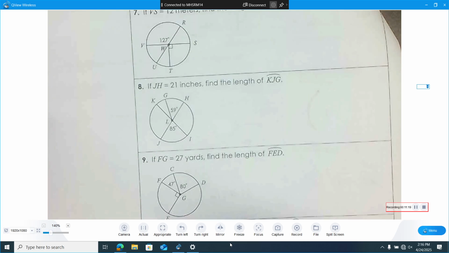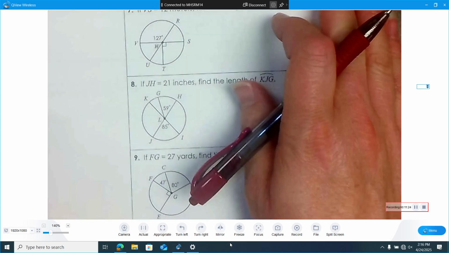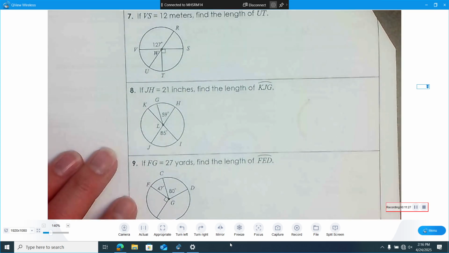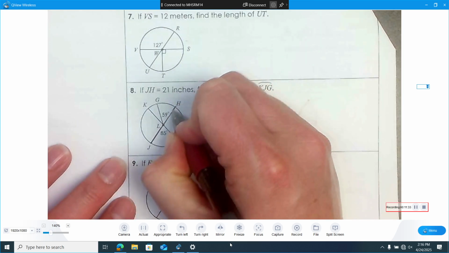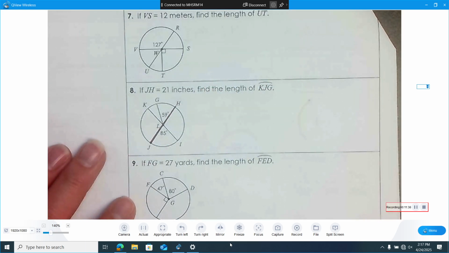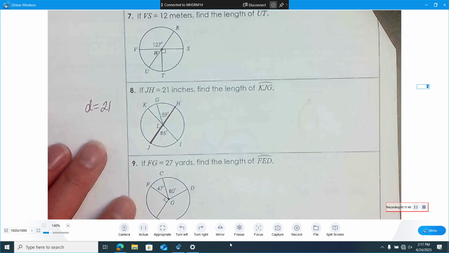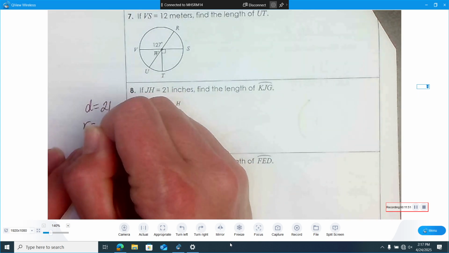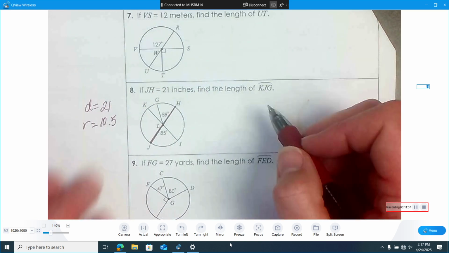Let's look at number 8. All right, number 8. JH is what? Diameter is the proper word. Good. The diameter is 21 inches. So what do we need to do? Split it in half. So the radius would be 10.5. Very good. So our radius is 10.5, and we want to find the length